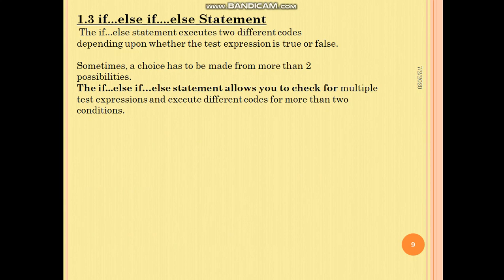Okay, the third version of the if statement is the if-else-if statement. The if-else statement executes two different codes depending upon whether the test expression is true or false. But sometimes a choice has to be made from more than two possible